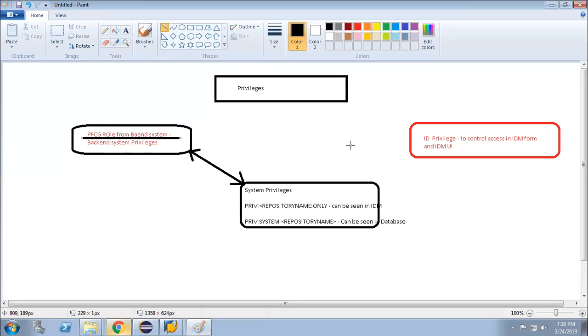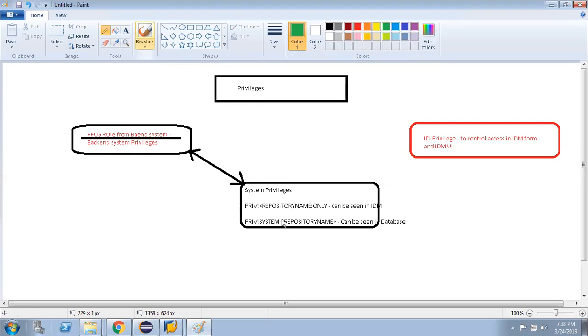If it is one user, we can check. Suppose I am doing a mass load job, do I really check? No, we don't. That is the reason every PFCG role is linked with these system privileges.